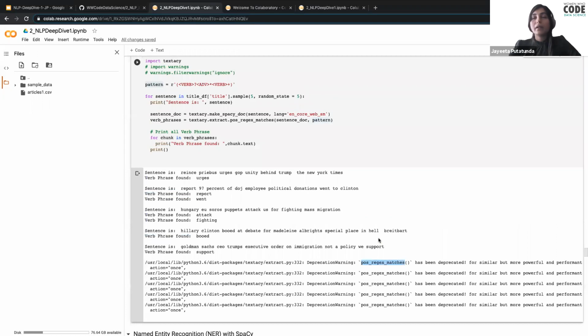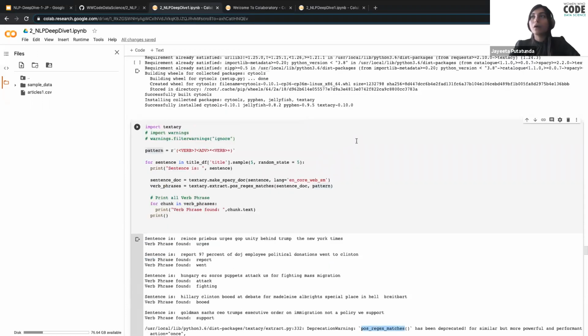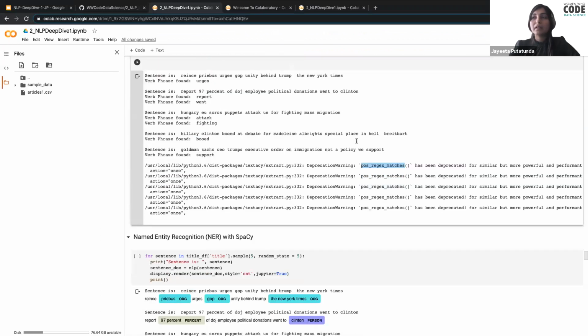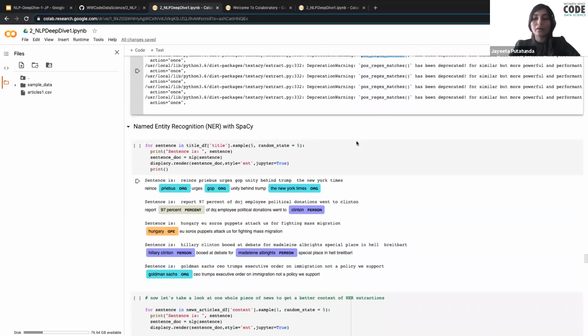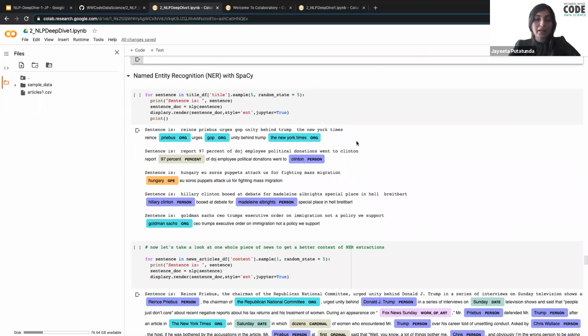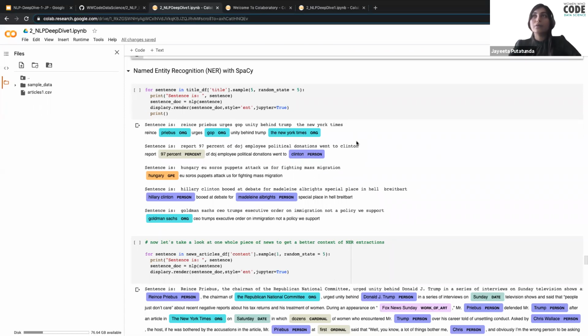Great. So we covered a lot. We went from data cleaning, visualization, basic EDA. We also looked at part of speech tagging. We did shallow chunking and parsing. Sorry about that. The next step would be to understand named entity recognition, and spaCy is famous in this domain. I guess they do great work in capturing some of these very general use cases for us. So you see how beautifully they have tagged or highlighted the areas for each of the sentences